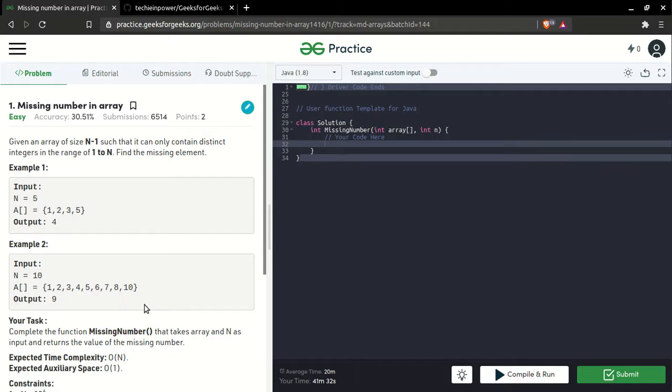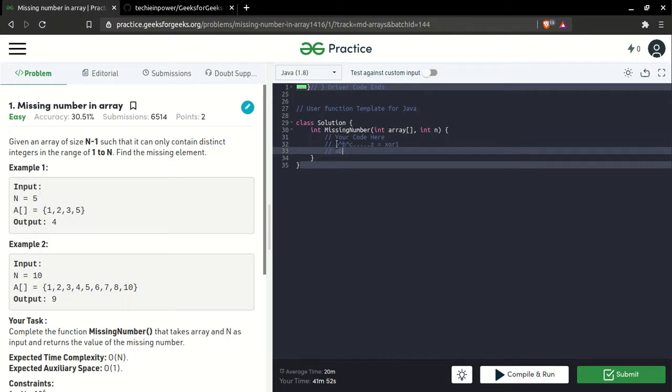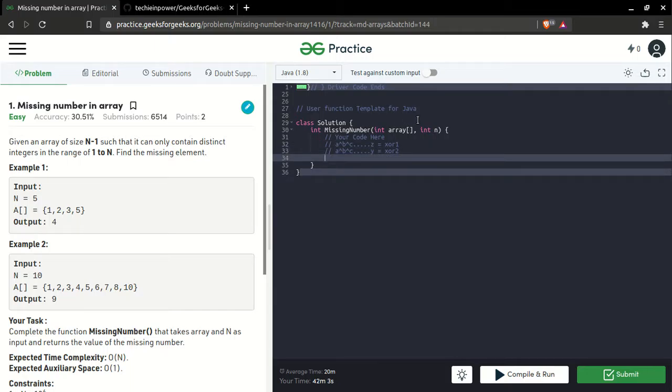So whenever you have questions such as missing numbers and etc., you can probably think about using XOR, because in XOR we have this interesting property such as A XOR B XOR C till Z. Let's assume this as XOR 1, and then we have something like A XOR B XOR C till Y equals XOR 2, and then once we have these two results, we XOR XOR 1 and XOR 2,